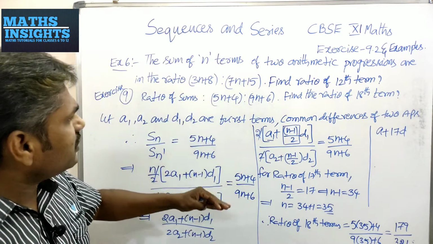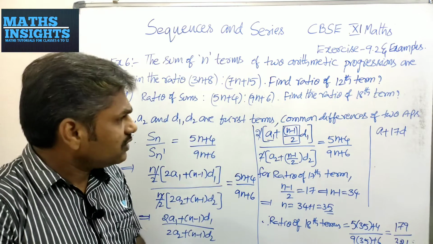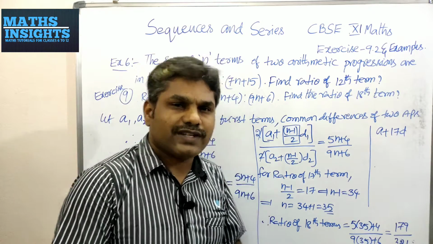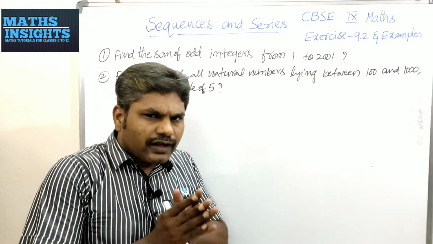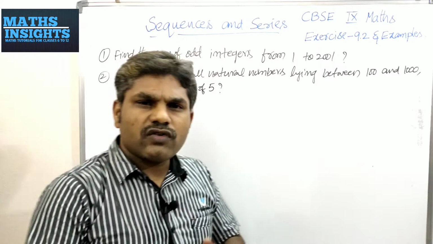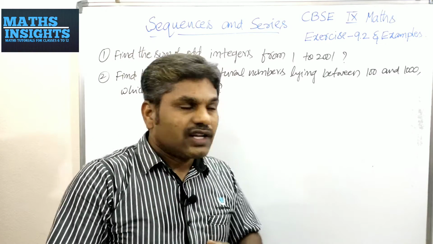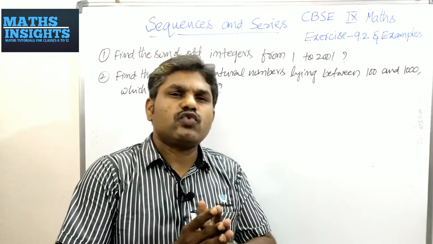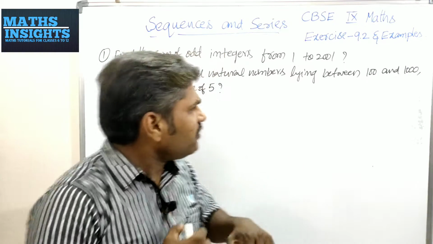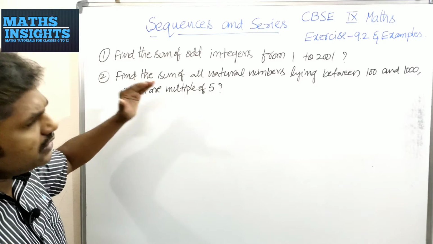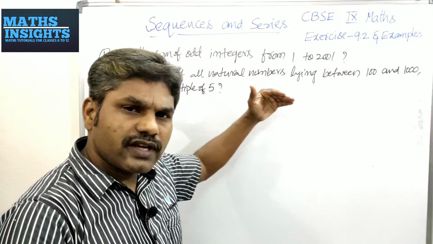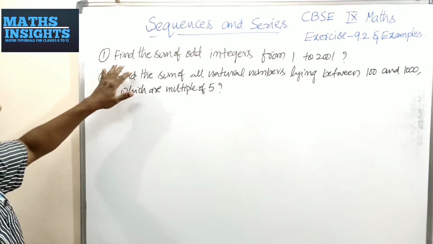In the same manner, you can solve this problem also. So I am leaving it for your practice. Now I will go to the next problem. Now I am coming to the exercise. Already we solved one problem, which is the 9th one. Now I am writing the first and second at a time. Why? Because these two are of the same type. I will explain the second one and you solve the first one yourself basing on this explanation, right? See, I will explain briefly.